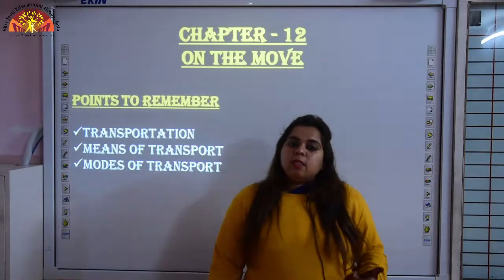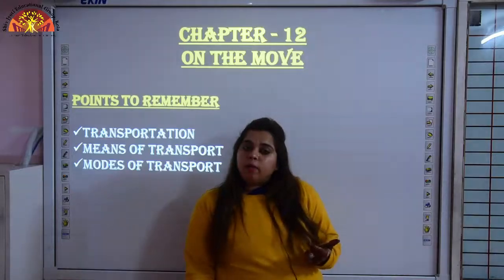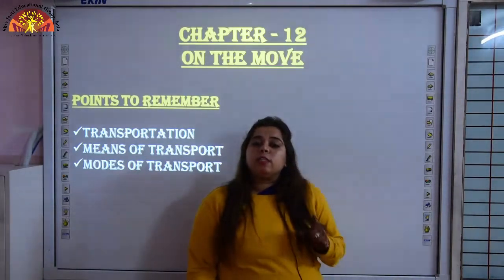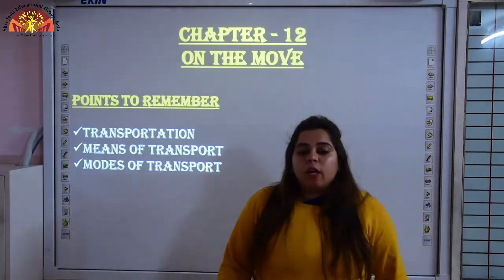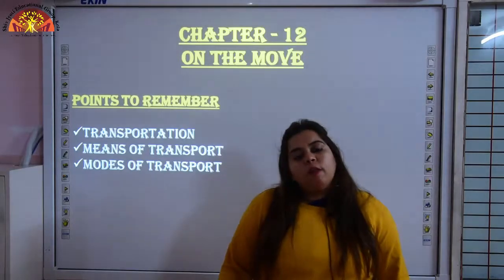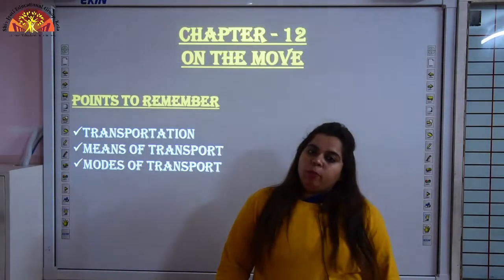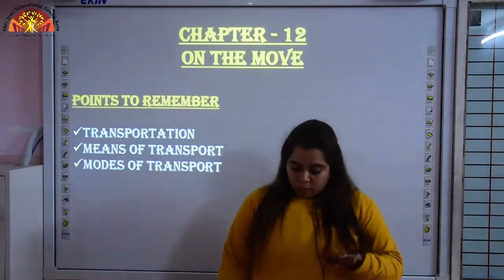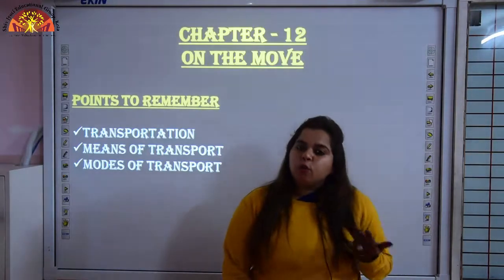Now next is air transport. Now children, do you know we can reach America in just 20 hours because air transport is the fastest means of transport. Air transport is a means of transport that runs on air. Examples are aeroplane and helicopter. This is all about the modes on the move. Now let's learn and revise its bookwork and notebook work.